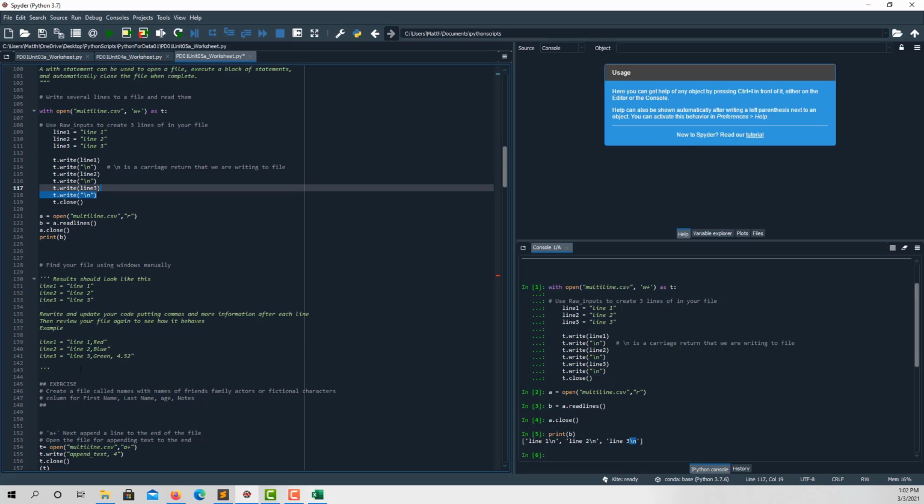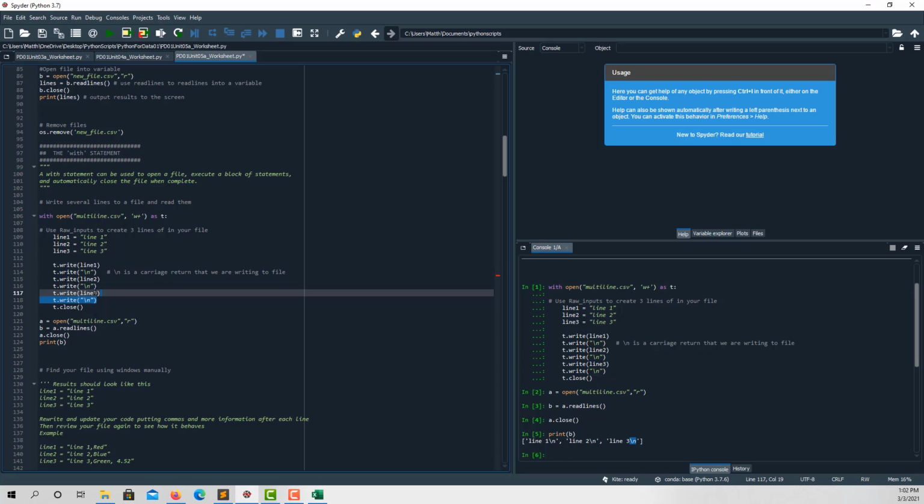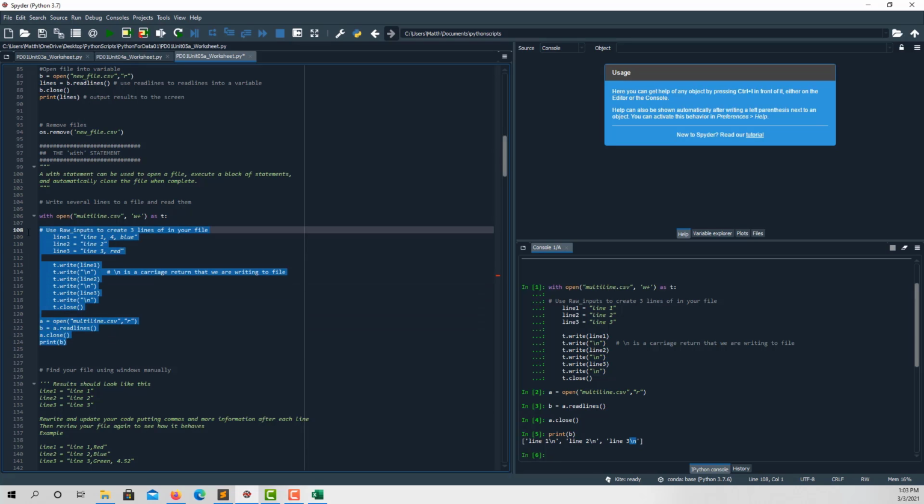One of the things that I'm calling out here is you can actually use commas in order to put in new fields. So if we wanted to go in here and say comma blue, like maybe a comma red, something like that, we could definitely do this. So if we run this,